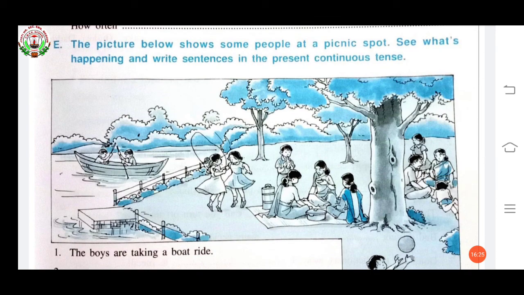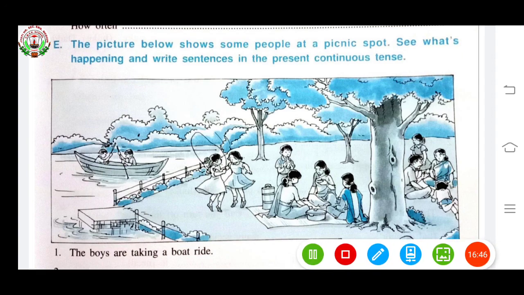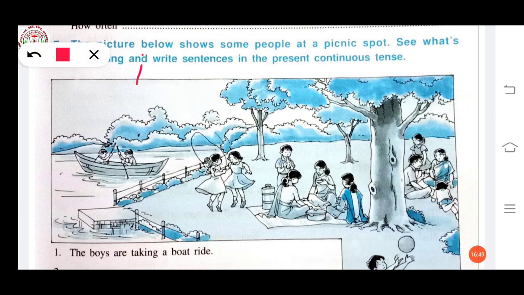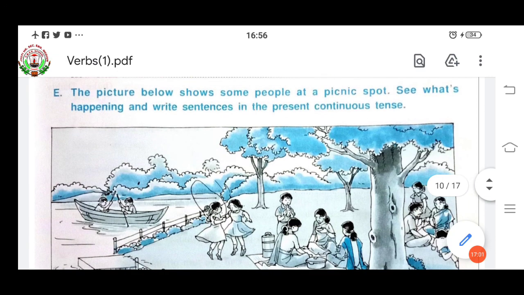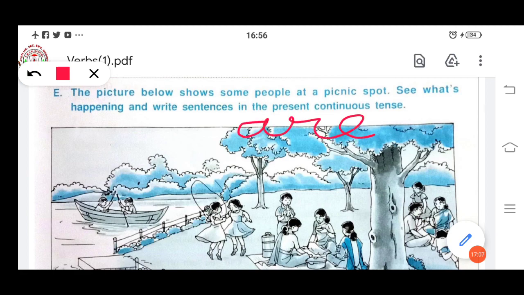The picture below shows some people at a picnic spot. See what's happening and write sentences in the present continuous tense. Here again, I'm telling you present continuous tense means what will come is, am, are. Okay,